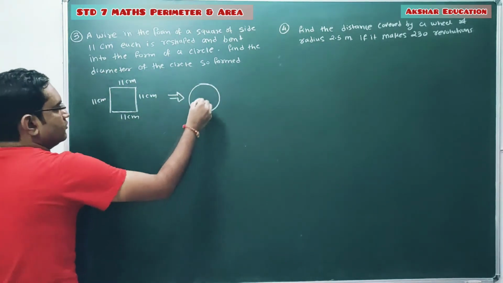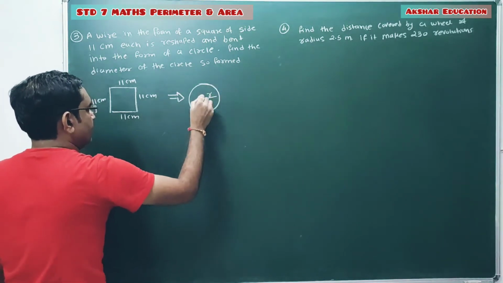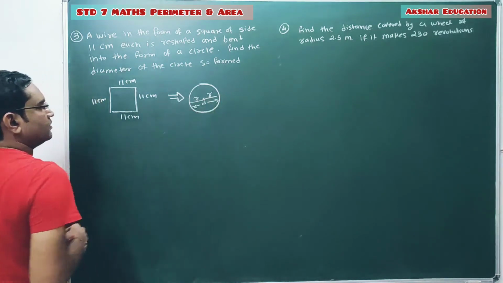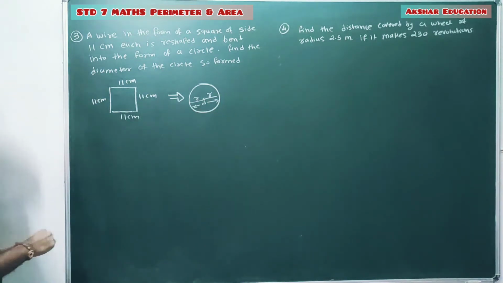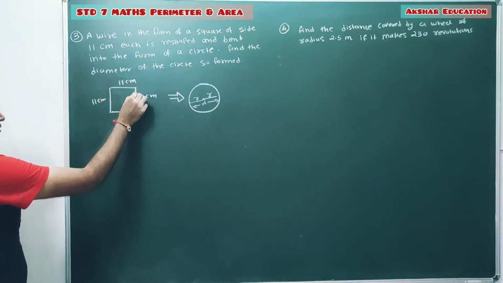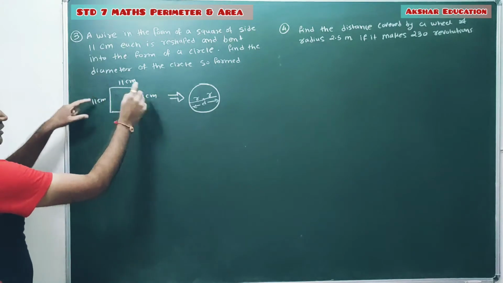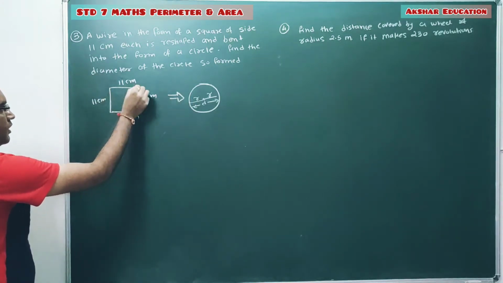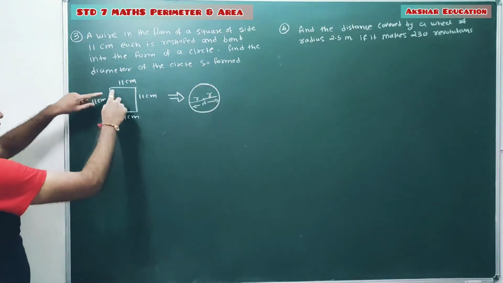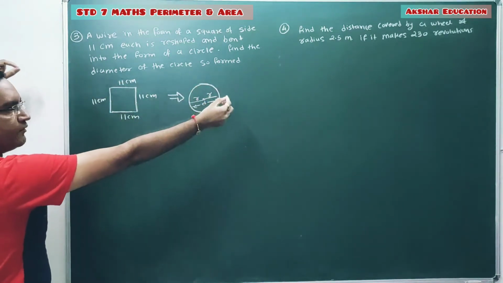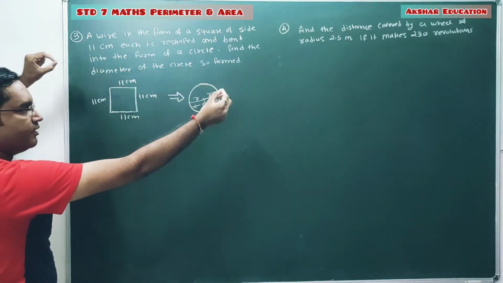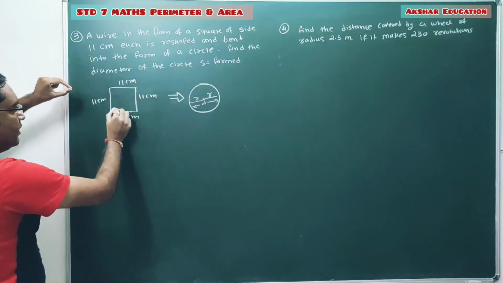Find the diameter of the circle so formed. You have to find the diameter of the circle. Radius is r, so twice of this radius is nothing but the diameter of the circle. You have to find. So what is the concept? So here, suppose this is the wire. If it is reshaped into the square, so we can say that this total length of this wire is now converted into this circle. Suppose open this square, so we are getting one straight wire. So what is the length of that straight wire? The length of the straight wire is nothing but the total length of this perimeter of the square.